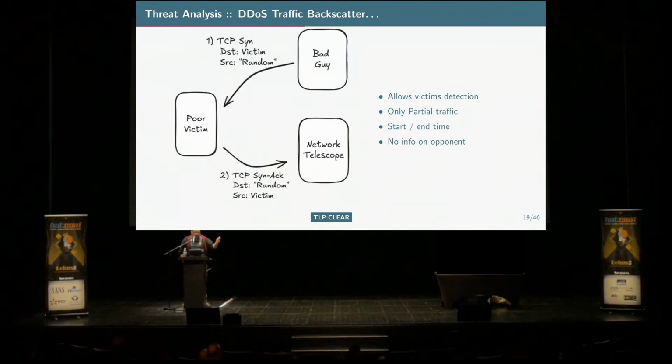And sometimes, because we are lucky, the SYN-ACK is sent to our network telescope because the attacker generated an IP which is in our range. That's what we call the network backscatter traffic. So it's important to understand that it's not magical. You don't see every DDoS, far from that. You have only partial volume. That means when the guy is managing to generate some IPs, they do that from the whole IP space usually. So you may imagine we are a tiny, tiny, tiny part of the IP space of the Internet.